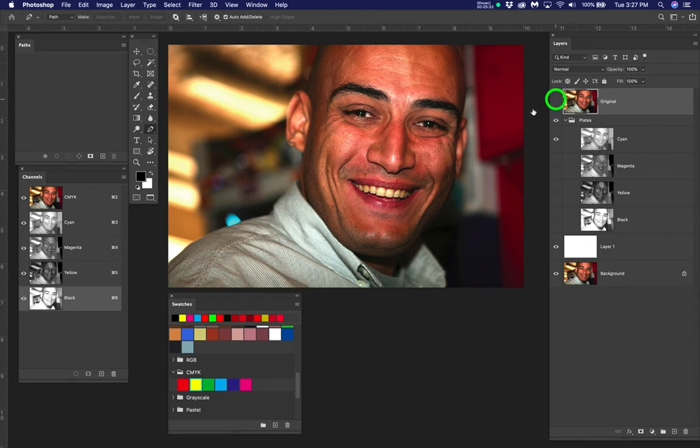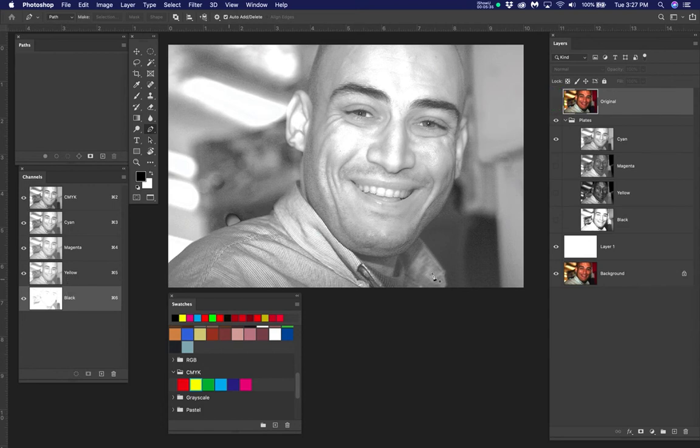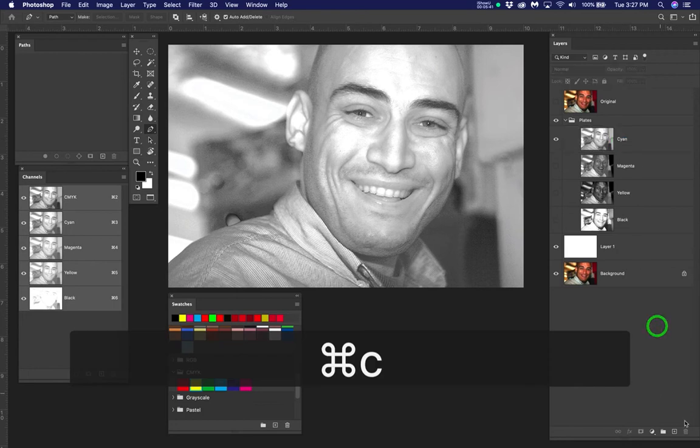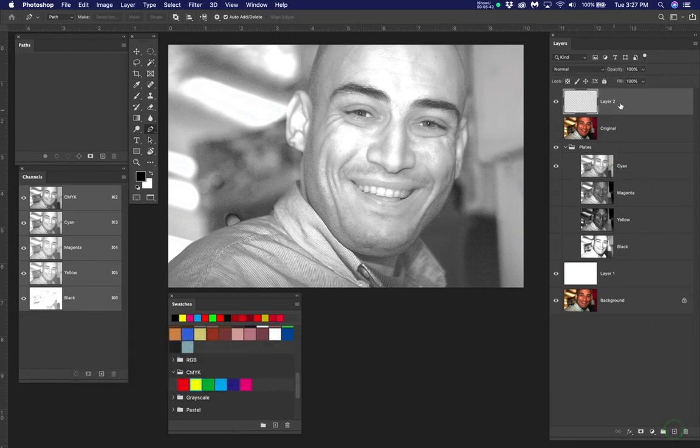Because when I turn this off, those are going to change, right? Okay. So here's the cyan plate. I'm going to double click the name. Now I'm going to put a layer above it right there, and I'm going to Option or Alt clip it to that layer. Now we're going to click, watch the foreground color, we're going to click to the cyan color,